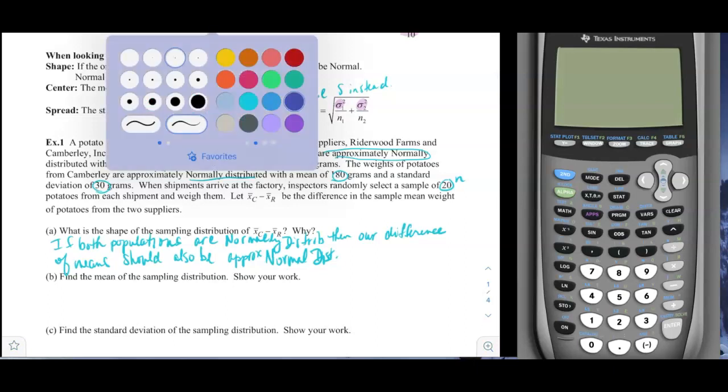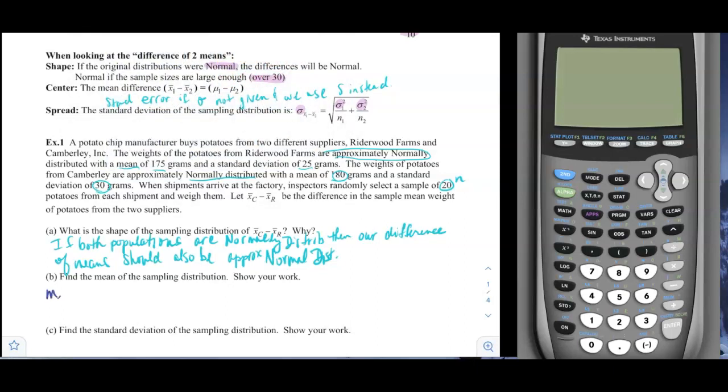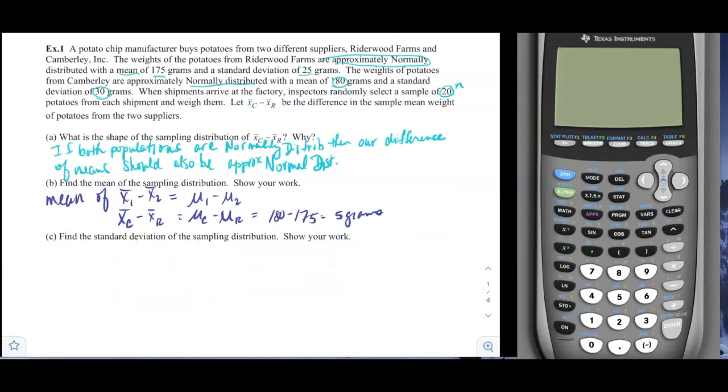That just means that we're going to go and find the mean of x̄1 minus x̄2, and that should be the same as μ1 minus μ2. Okay, so what is that going to look like in our case as well? Let's take a look. We know our sampling difference should be the same as our parameter difference. I switch them out instead of 1 and 2 to C and R, so I know which ones they go with. So what this means is, because I set them up in an order, when I subtract, I get a